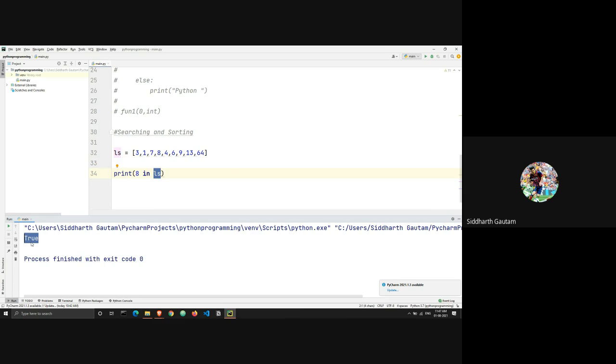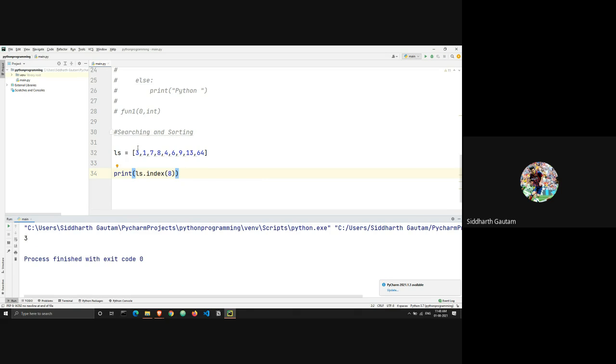Yes, the number 8 is in the list, but it didn't tell me where it is in the list. For that, what I should do is write ls.index. Inside index, I will write 8. Let's run this. I get 3.